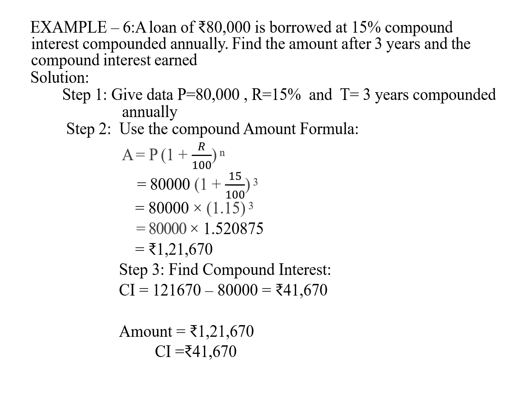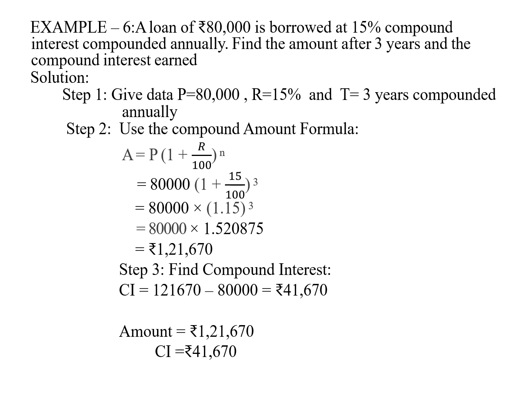Look into the solution. First write down the given data. Here the principal amount is 80,000 rupees, the rate of interest is 15%, and the time duration is 3 years, compounded annually. Let's move on to step 2. Use the compound amount formula to calculate the amount. So the amount formula is P into (1 plus R by 100) whole power n, which equals 80,000 into